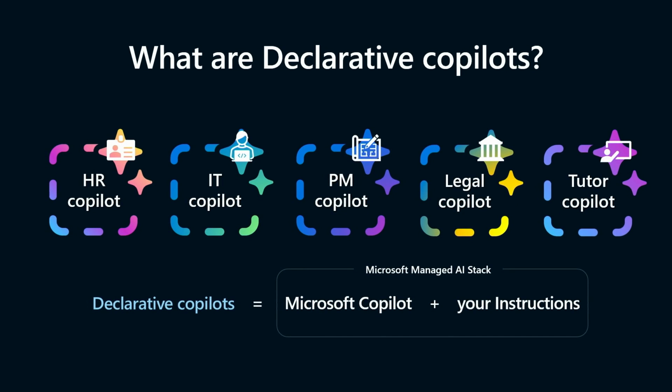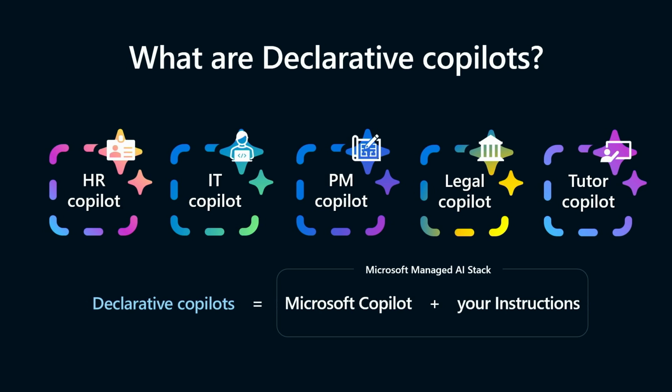Effectively, we all work in organizations, and some of us are generalists and some of us are specialists. When you want specialist behavior of your Copilot, think of Microsoft Copilot as the generalist, full capacity Copilot. Then you want specific specialist behavior, maybe for your HR, for your IT, all of these kinds of behaviors, where you want it to focus on a specific area or specific documentation. That's when declarative Copilots come into play.